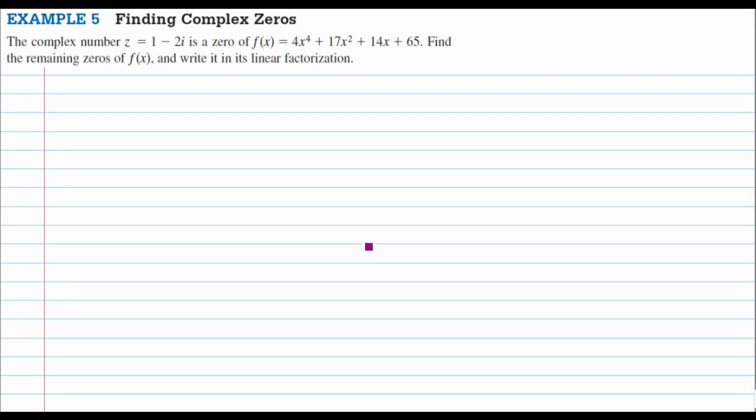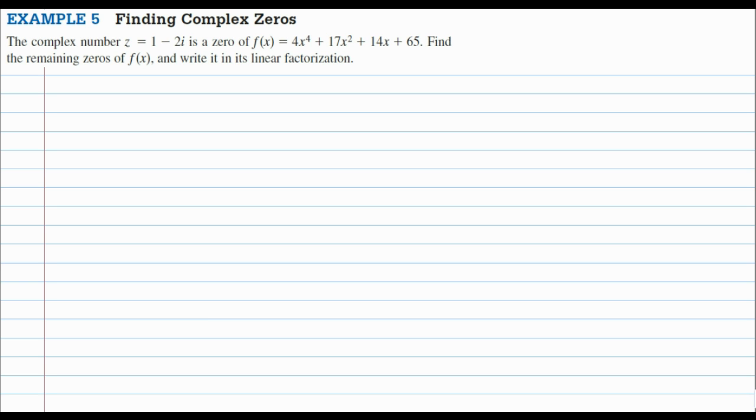This is the screencast for section 2.5, example 5, finding complex zeros. So we start off this problem the same. They give you a polynomial, and this time they give you a complex number, 1 minus 2i. Well, that's the only zero I know, so I have to put that through synthetic division,